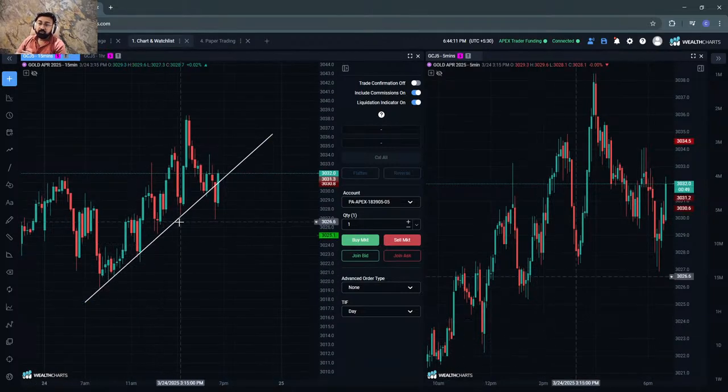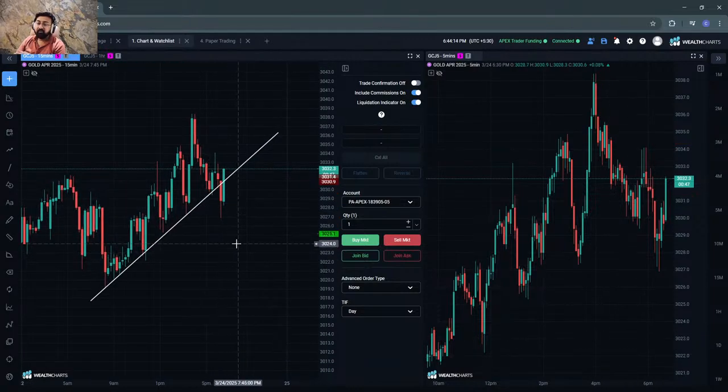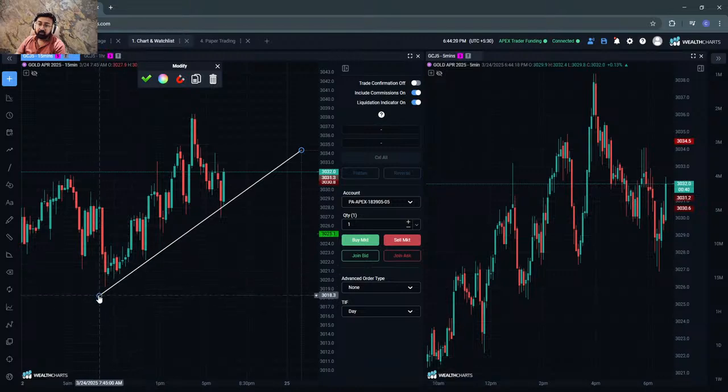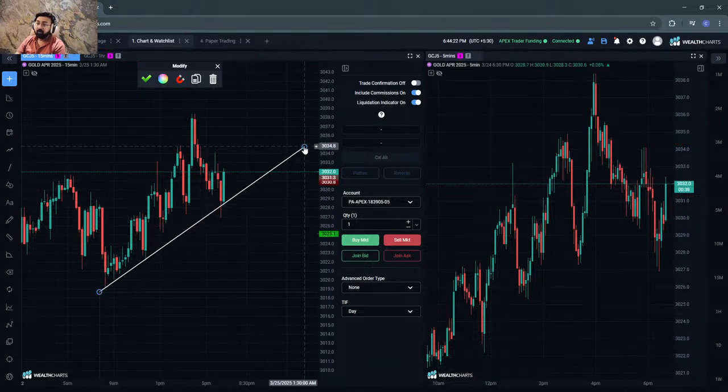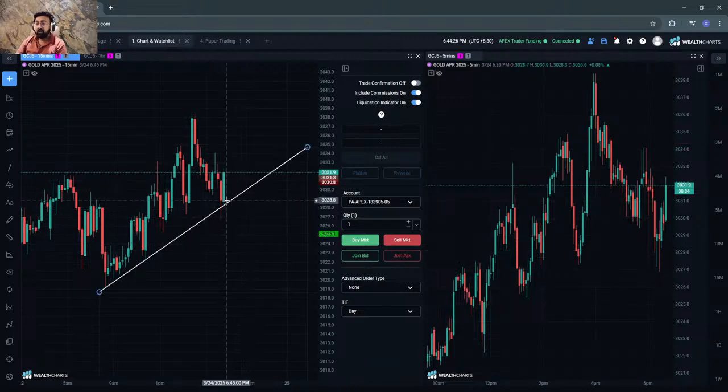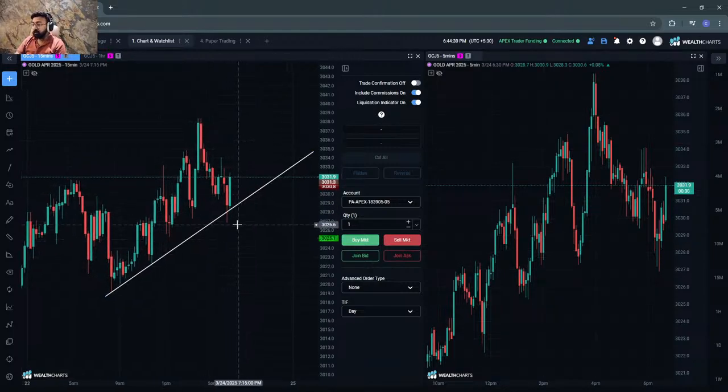This is 1, 2, 3, 4, 5 taps and it failed to go up or to go down. But if this is the trend line that we take, so we have 3 taps, and on the third tap we took the liquidity and we have straight up shot up. So now that we have taken this liquidity and the US market is about to open, we might go up